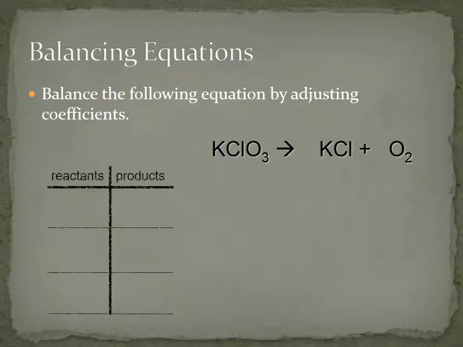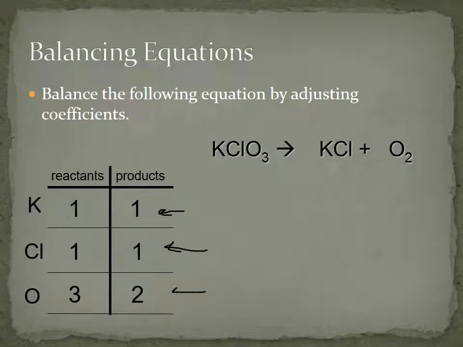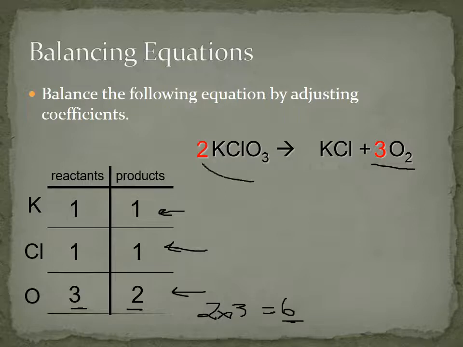So here's another one. Again, we've got a few reactants. We've got potassium, chlorine, and oxygen. So there's all our numbers. Again, when you go to balance something, just find one atom that isn't balanced. Our potassiums and our chlorines actually start as balanced, and our oxygens are not. If you've got an even number like 2 and an odd number like 3, it's almost like treating it like a fraction. So 2 times 3 would be 6. What we want to do is get 6 oxygens on either side. And so if we put a 3 here, that gives us 6 oxygens, and